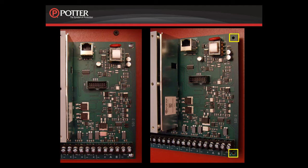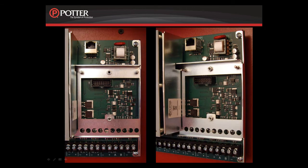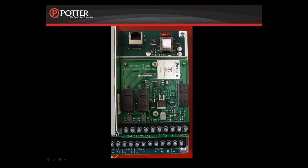Remove the two screws as indicated here by the yellow rectangles. The bracket will rest in these two areas indicated by the other two rectangles and will be secured by the two screws that you removed. As you can see in this picture, the bracket is now installed. The CA6075 card will now plug in to the plug in the back of the board as indicated here by the yellow rectangle. You can see in this picture the card is now installed and it is secured by two